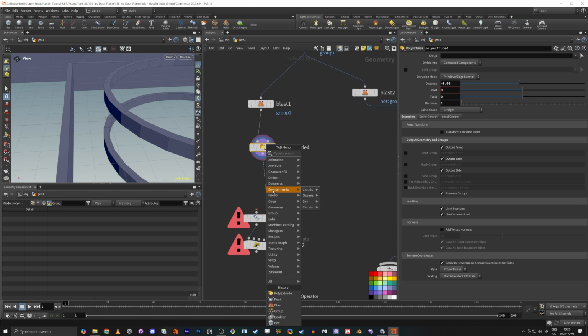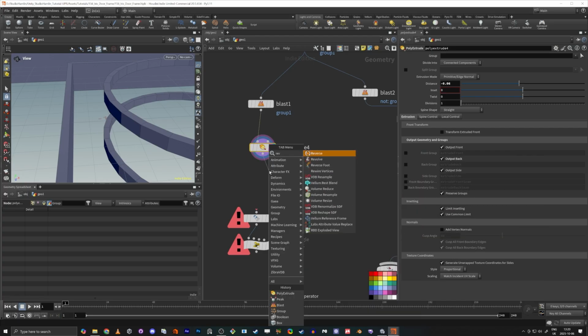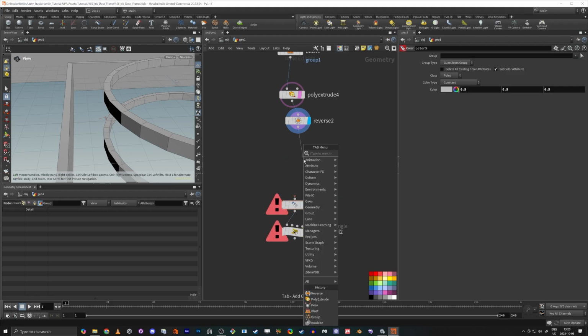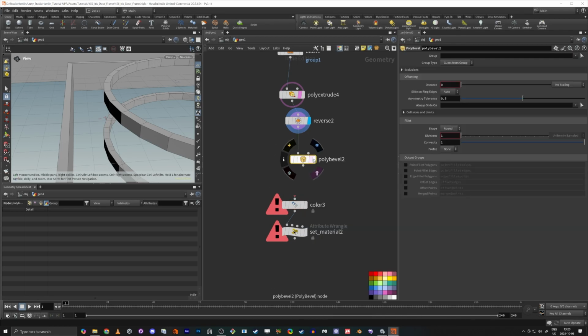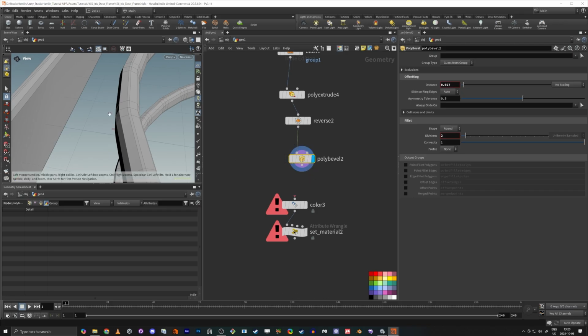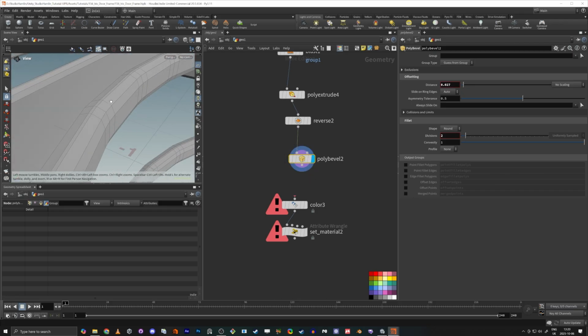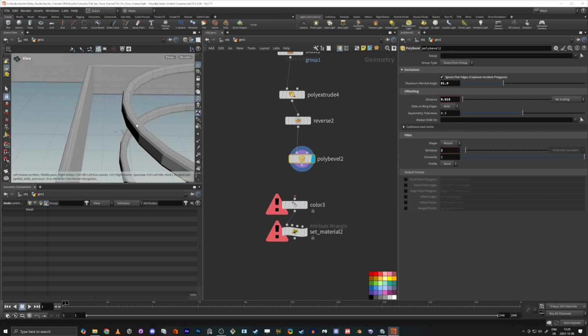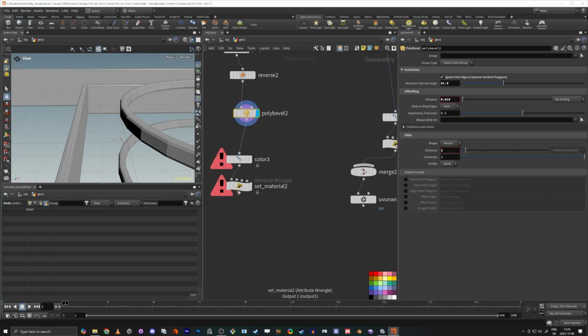And reverse on this one, or it's actually called, yeah, reverse, perfect, like this. Then we just do a polybevel like this. Do 2 divisions, and then, if you look here, you see there's a lot of lines going on, and I don't think we need so many lines. So you can exclude up here by this one. That's good. And if we just now merge these together,